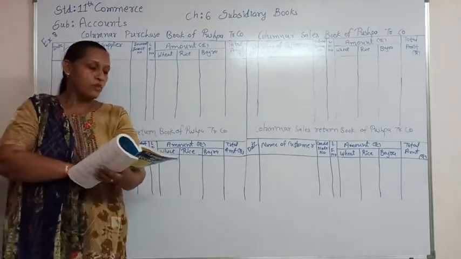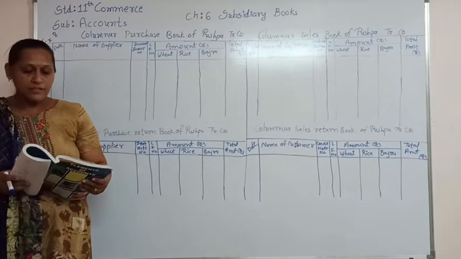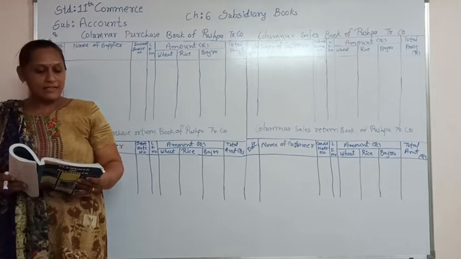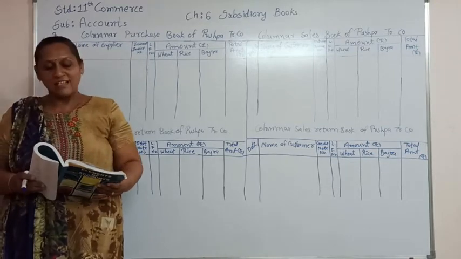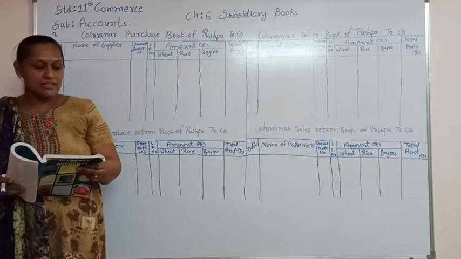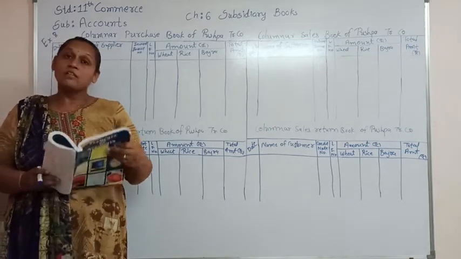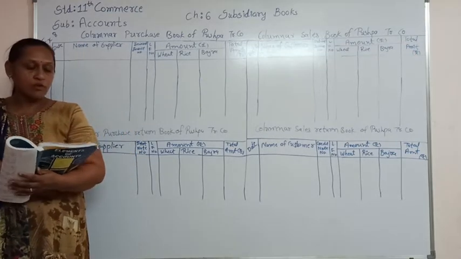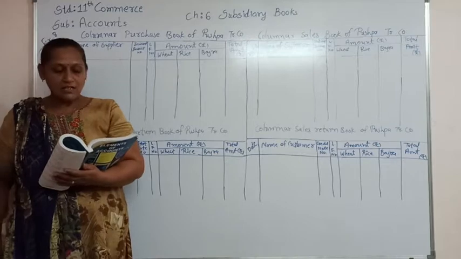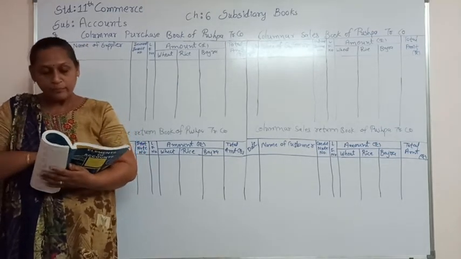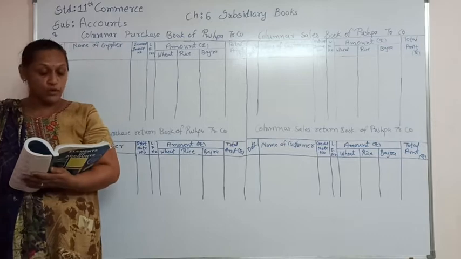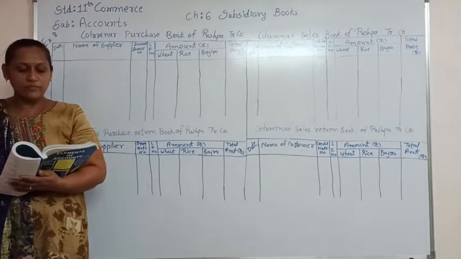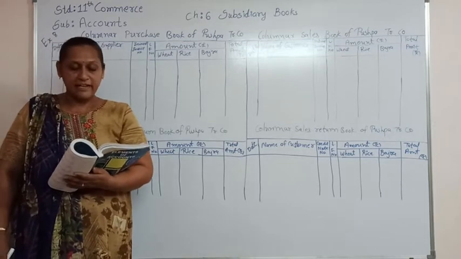From the following transactions, prepare columnar purchase book, sales book, purchase return book and sales return book in the books of Sri Pushpa Trading Company, which deals in cereals. So different types of cereals are sold by Pushpa Trading Company. The very first transaction is on 2015 September 1st. Purchase from Bhavna Trading Company 1000 kg of wheat at rupees 20, 400 kg of rice at rupees 40 and 500 kg of bajra at rupees 15 per kg at 10% trade discount.